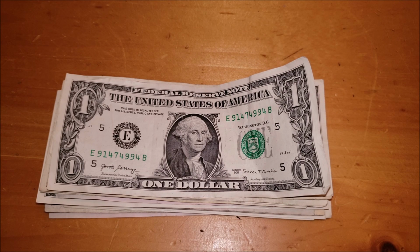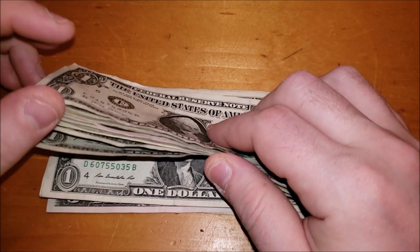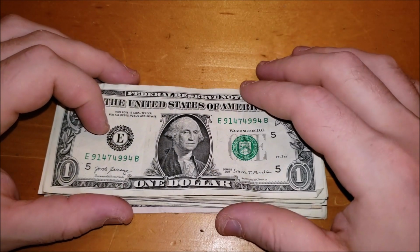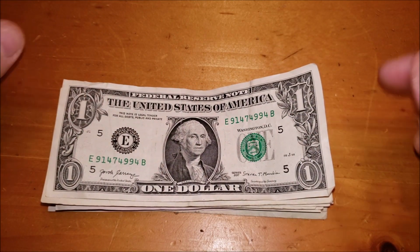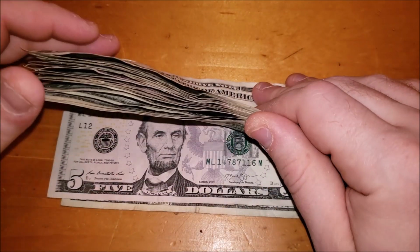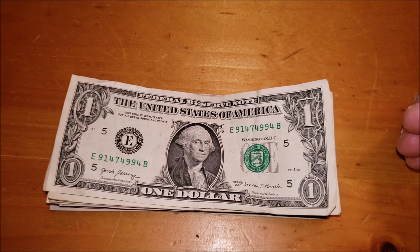Let's jump into a bill search. So I have a good mix of bills from my wallet. This is over just this week, the last 3, 4 days. A bunch of ones, fives, tens, maybe a 20 thrown in here. I don't know. But let's go through them, see if we find anything worth more than face value or